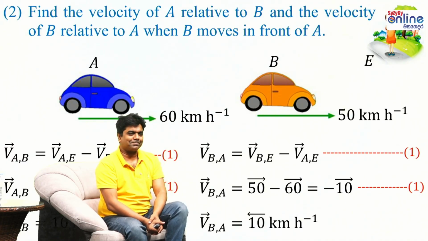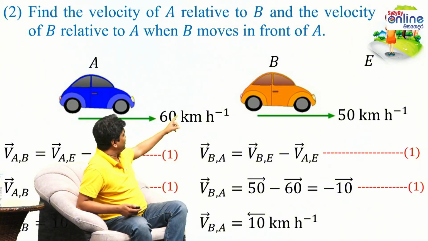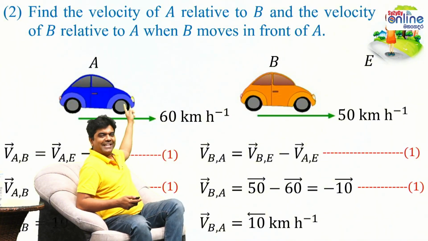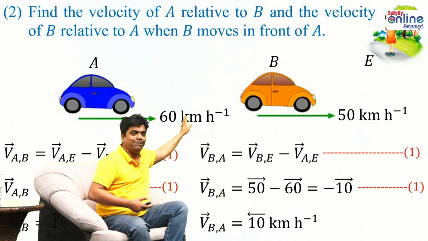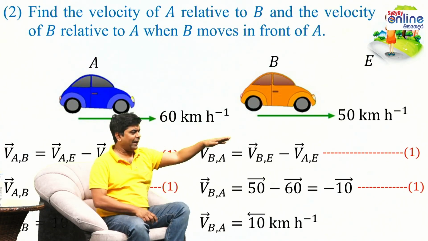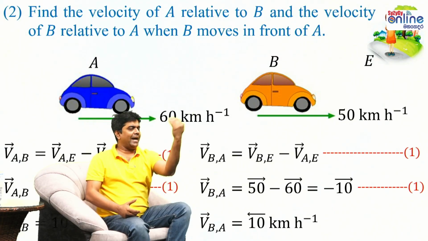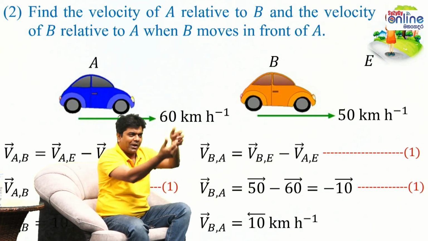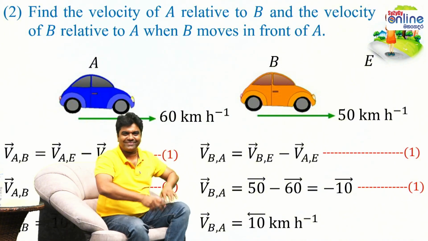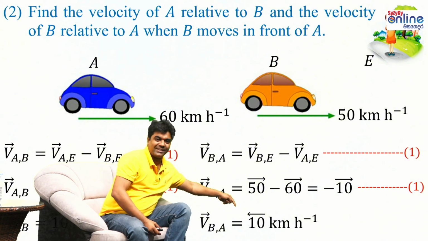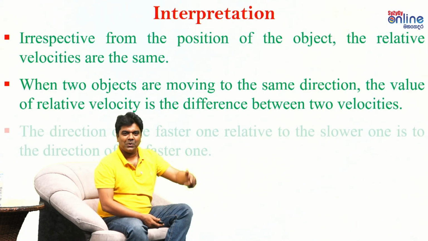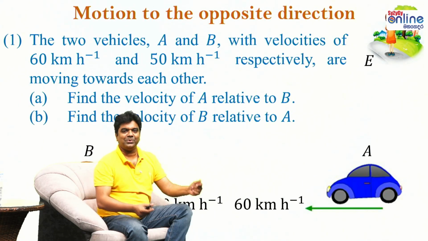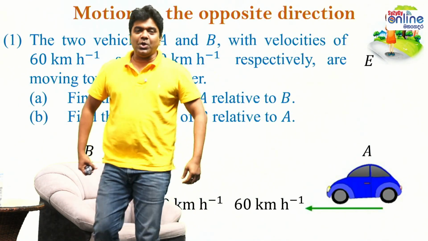That is serious. And on the other hand, now you are in this car. When you are in this car, what happened? Now you see this one coming behind, coming backward, like reversing. You are driving a faster car. You see that you are getting closer to the car in front, or you see that the car is getting closer to you. So backward. That is what this arrowhead is all about. Is that clear? Any doubts? Now you can ask, and let's go to the question. I gave the interpretation, and now we can go to the next question part, motion in the opposite direction.